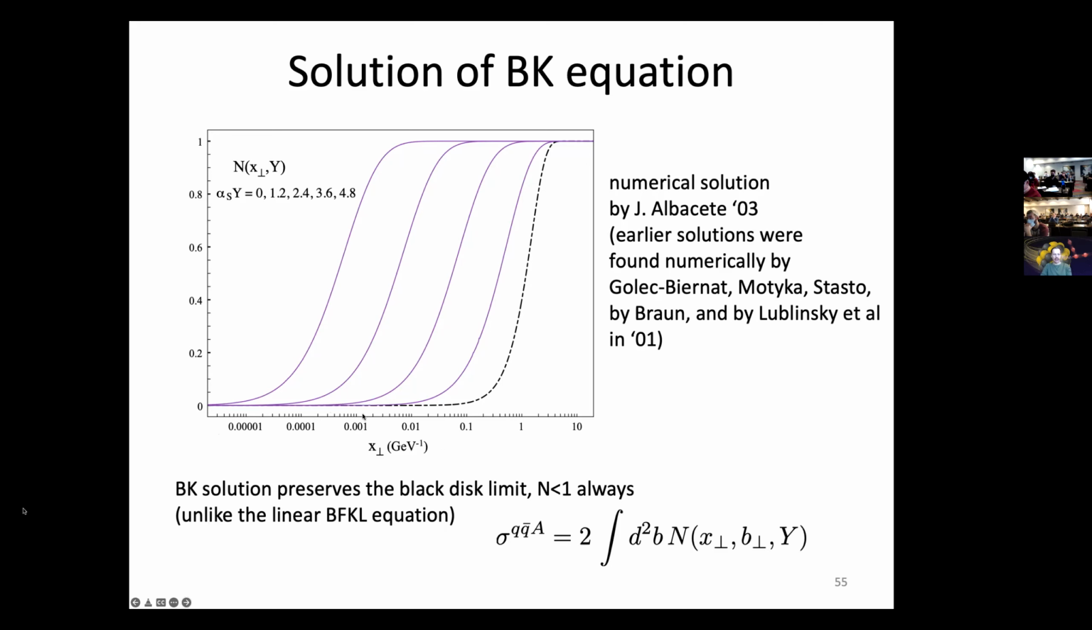So again, you see that when x perp goes to 0, the amplitude goes to 0. When x perp goes larger, there is a black disk limit at 1. And the initial condition, this Glauber-Mueller multiple scattering formula we talked about, is this black dashed line on the far right. And what we see is, we set our initial condition by putting rapidity to 0